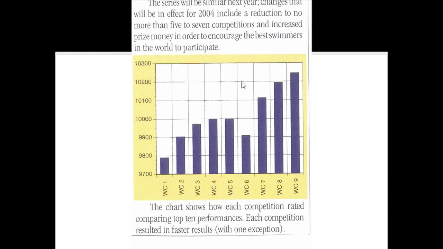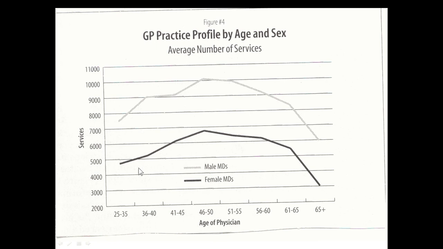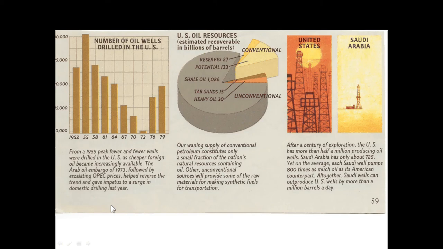Here's another example. The biggest point is right here. It doesn't start at 0. This one is talking about general practitioners, a type of doctor. And once again, it's not starting at 0, so it doesn't give us a completely accurate scale on this side. Now, the age is quite okay because most people don't live beyond 65 very much, and usually they don't start becoming a doctor until you're 25 to 35. So the bottom's fine. It's nicely labeled. It just doesn't start at 0.